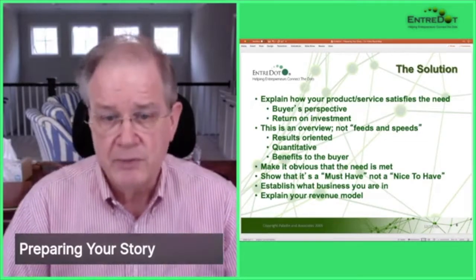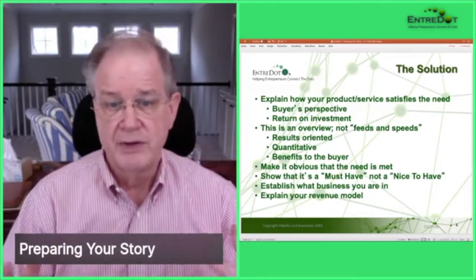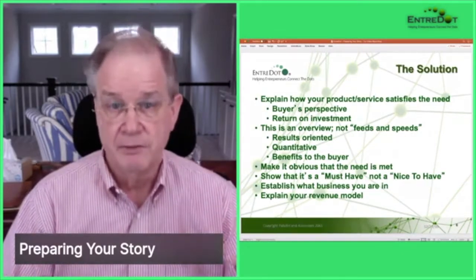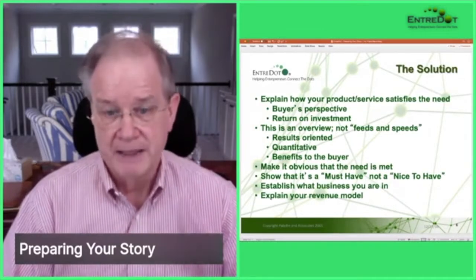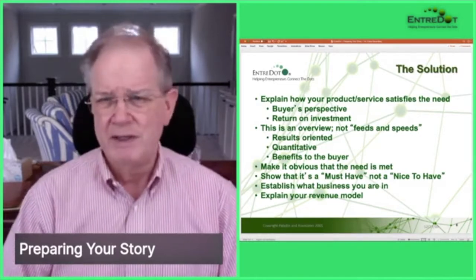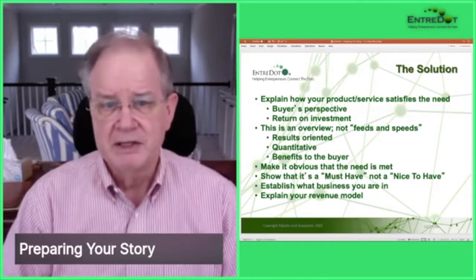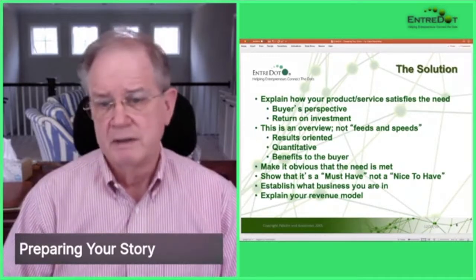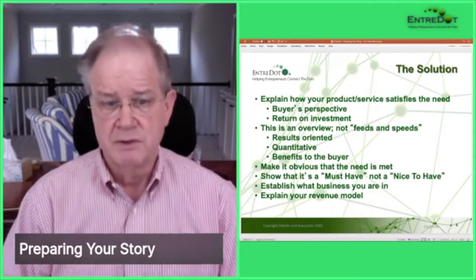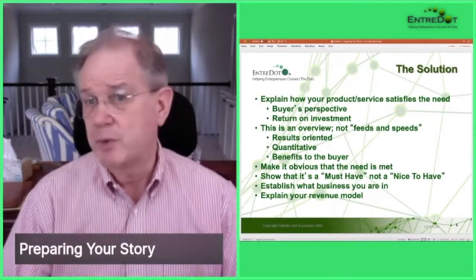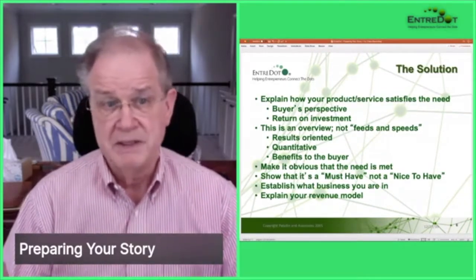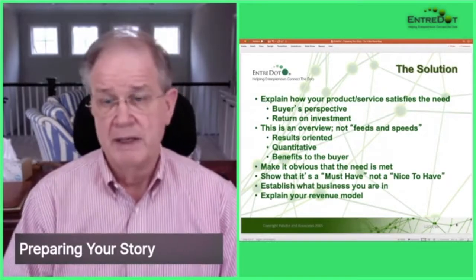You probably heard this before. The difference in success here is whether you're selling a must-have or a nice-to-have. The must-have is this pain is so great, they need a solution. That's the best position to be in. If you're selling something that's convenient, nice to have, but is not essential, you're going to have a harder time reaching the market. Get across that you have a must-have kind of a solution. So it establishes what business you're in, and it explains the basis for your revenue model. People with this will buy it.